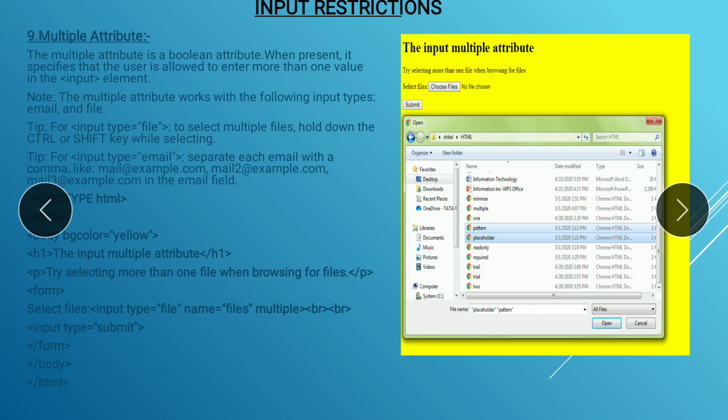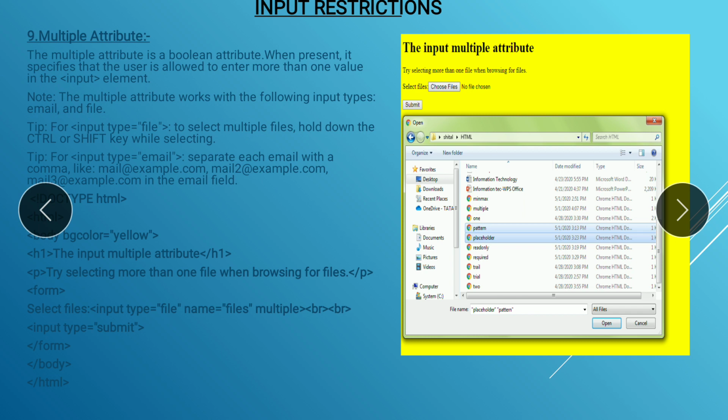So the multiple attribute is a Boolean attribute. When present, it specifies the user is allowed to enter more than one value in the input element. We already used it in email. The multiple attribute works with the following input types, email and file. In both, you can use the multiple attribute.